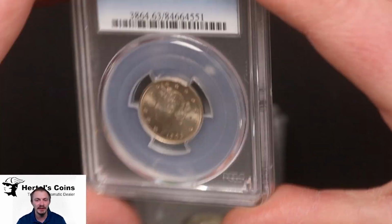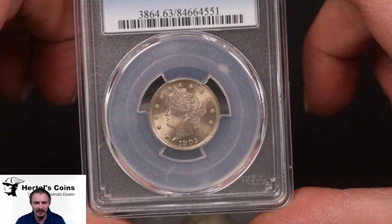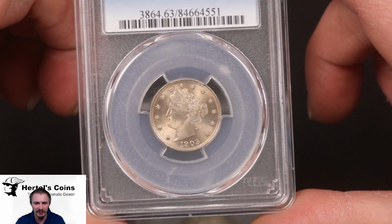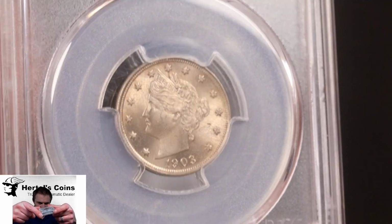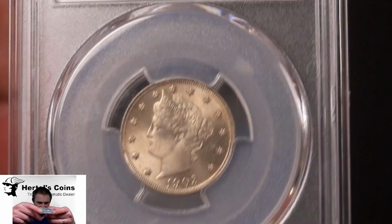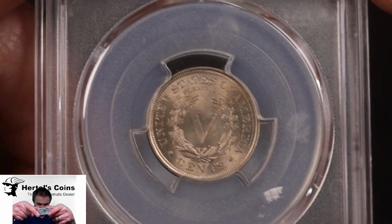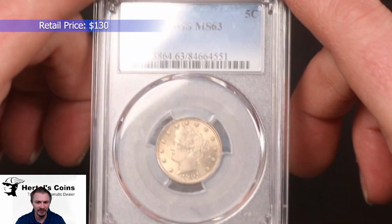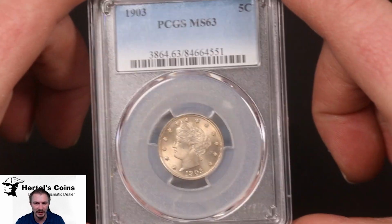The first one is a 1903 Liberty V nickel. Nice original white luster to it. Very beautiful coin. Hardly any bag marks on the coin, just a little bit on the cheek. But very nice, amazing eye appeal to this one. The reverse is very nice on this one. And this one is a PCGS MS63. So it's a common date Liberty V nickel, but it's a very, very nice coin, I think, for an